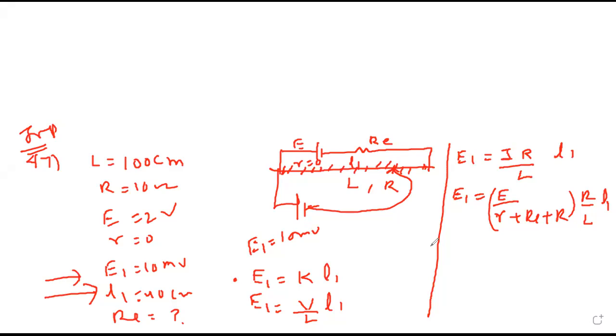Now I'm putting the values. E1 is 10 millivolt. Multiply with 10 raised to minus 3 becomes volt. E is 2. Internal resistance 0. External I want. Wire resistance 10 into 10 upon length 100 centimeter into 40. So this will be 10 raised to minus 2 equals to